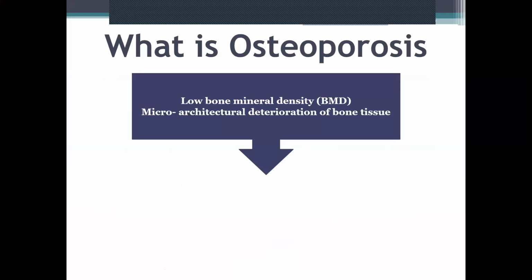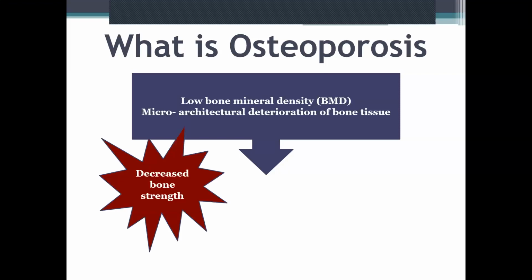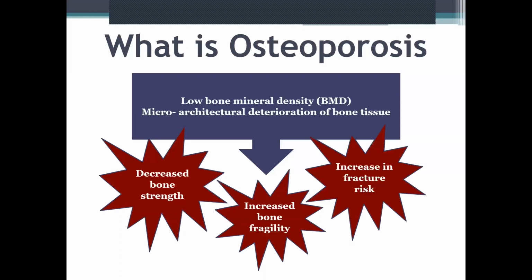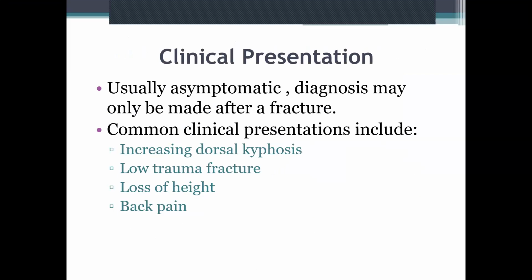So what is osteoporosis? It's when we have low bone mineral density, and that actually means that there is a defect in the microarchitectural deterioration of bone tissue. So you will have decreased bone strength, increased bone fragility, and increased fracture risk. So usually patients are asymptomatic if you've seen them. The diagnosis is usually made after a fracture. But at least in primary care, we would want to identify our patients at risk and prevent fractures before it